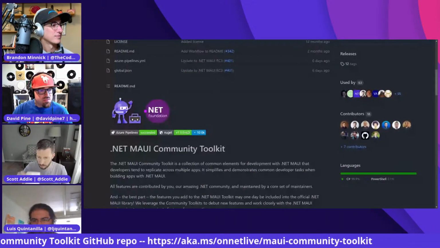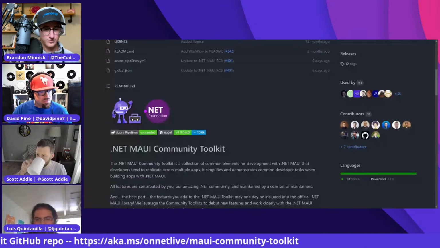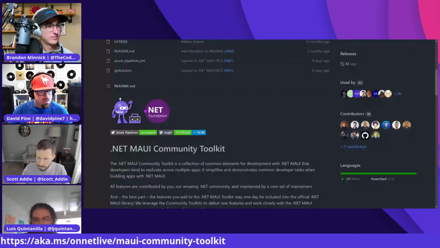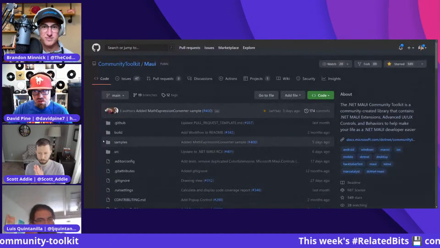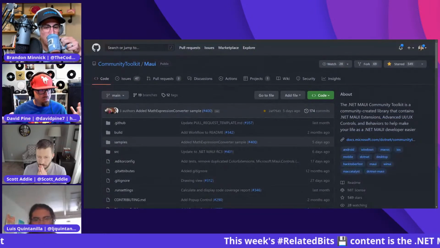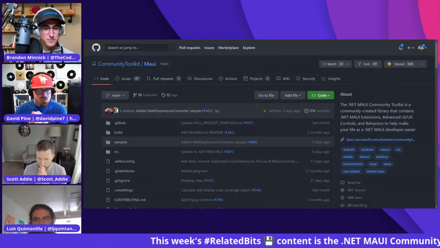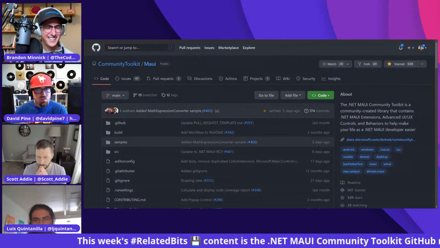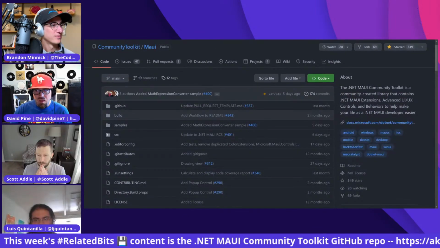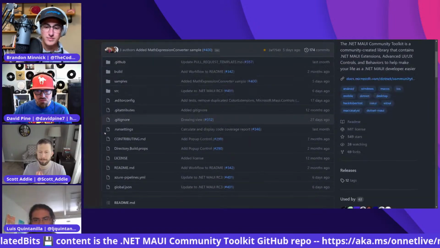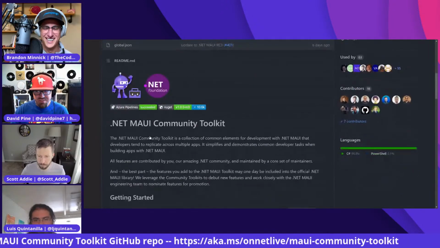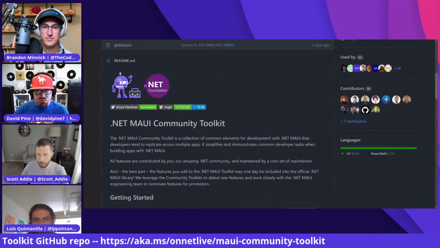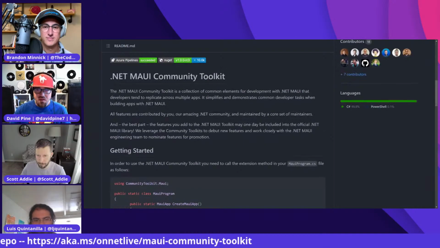So the link that you're seeing scrolling across the bottom here is a link to the MAUI community toolkit that Brandon was introducing. It's going to be the entire focus of this conversation, I believe. So it's an open source repository. It's built by the community for the community. And so follow this link, check it out. We've got a green build, which is awesome. Part of the .NET Foundation. There's a release candidate for NuGet, but